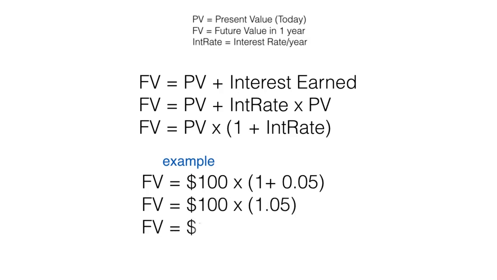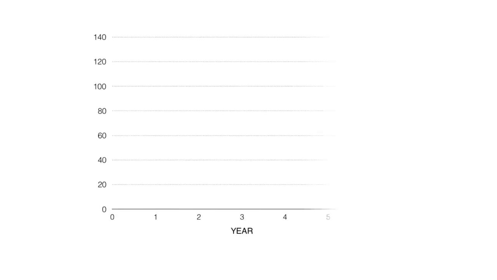In year two, we repeat the procedure, but now our starting point is $105 instead of just $100. So during the second year, the interest will be 5% of $105, which is $5.25. It's just a little more than the interest you earned in the first year. The extra 25 cents is the interest on the first year's interest, so 5% of $5. So at the end of year two, we have